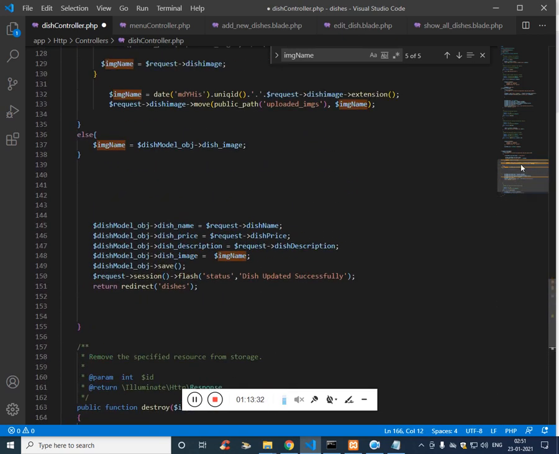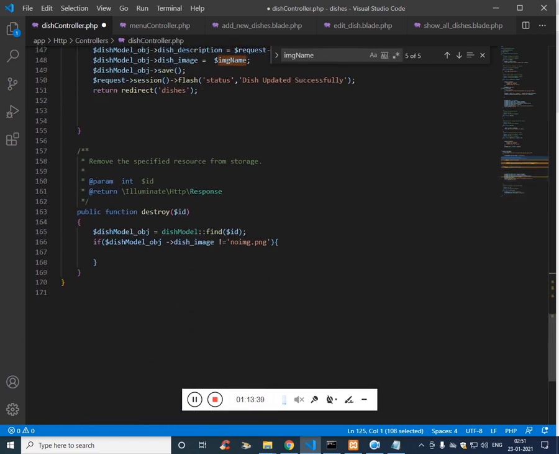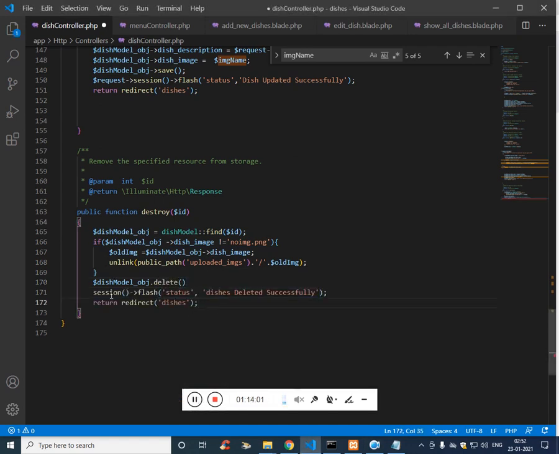To unlink the image, we already have the code. This is the image from the database. We call it old image and we are unlinking it, and then we have to delete it. And then we have to use a session to pass the message. Let's save it and try to delete it.